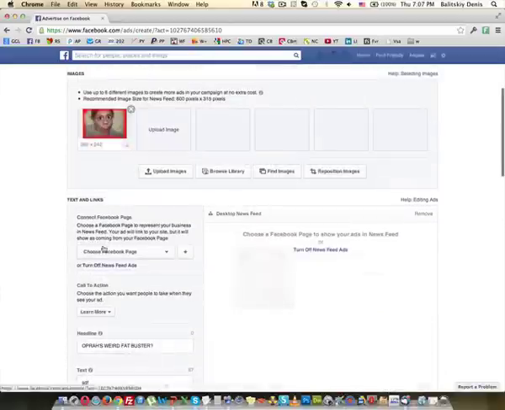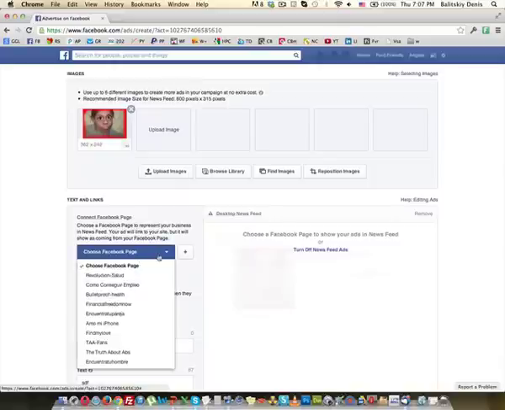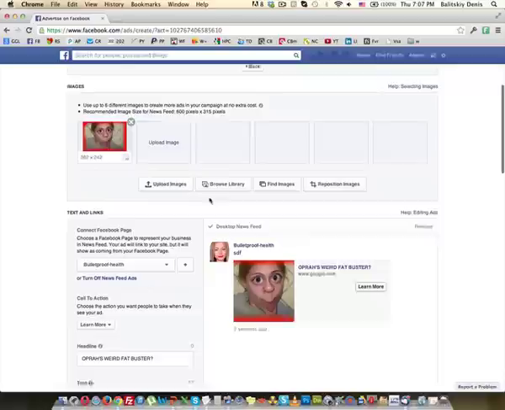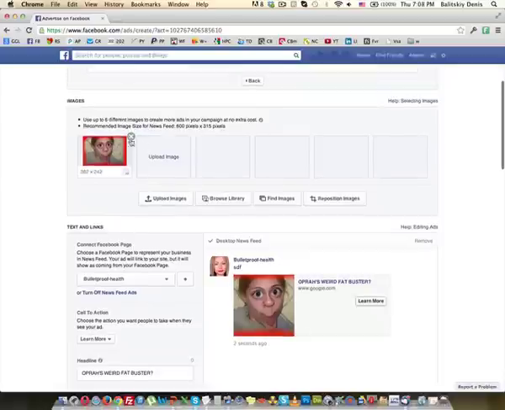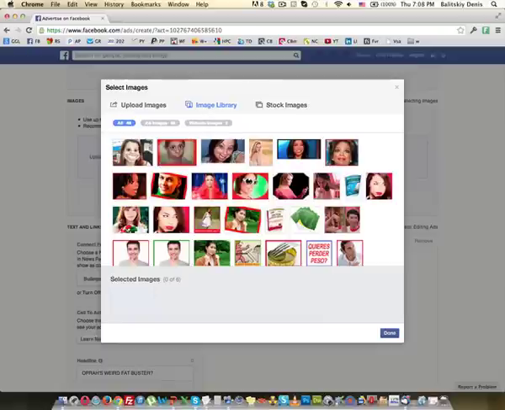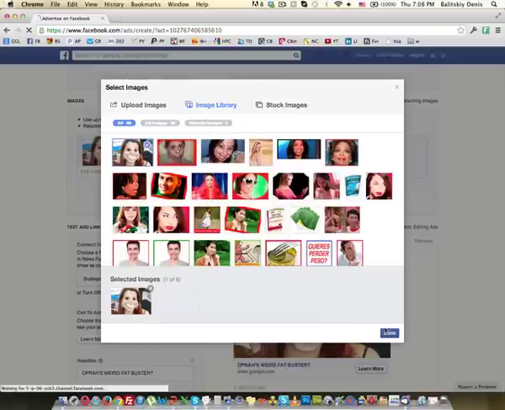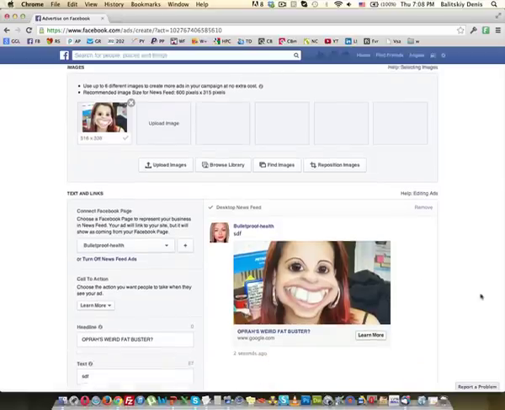And by the way, let me choose the Facebook page I'm going to be using, because one of the things you need to understand is that Facebook only allows you to drive traffic to a news feed if you have a fan page. That's why I create my fan pages. Look at this, here's one of the weird images. Let me open the other one I just showed you. It's this one. By the way, two things you need to know about the images.